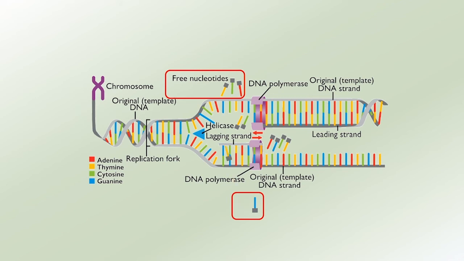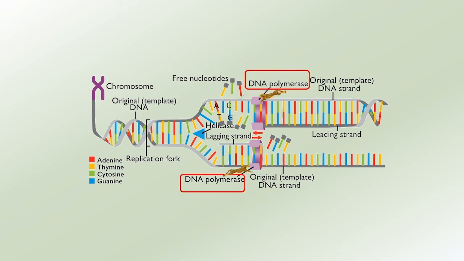That means where there's an adenine nucleotide on one DNA strand, a thymine nucleotide will be added to the newly forming strand at the same spot where the adenine nucleotide is on the original strand. The same thing happens with cytosine and guanine. Now another enzyme, DNA polymerase, comes along behind the newly positioned nucleotides and forms bonds between the sugars and phosphates